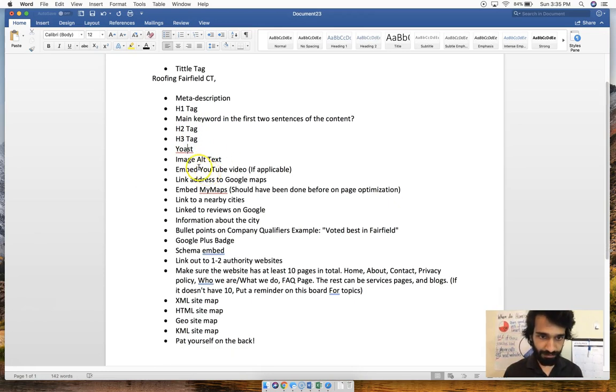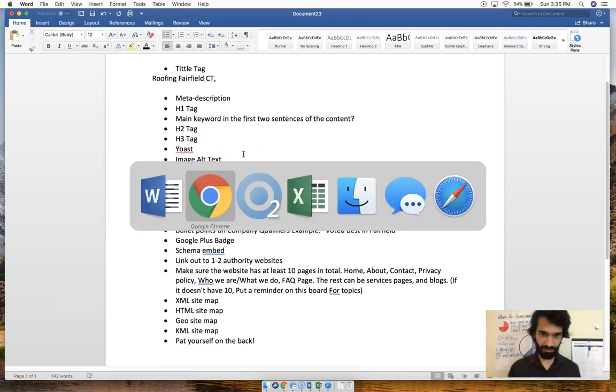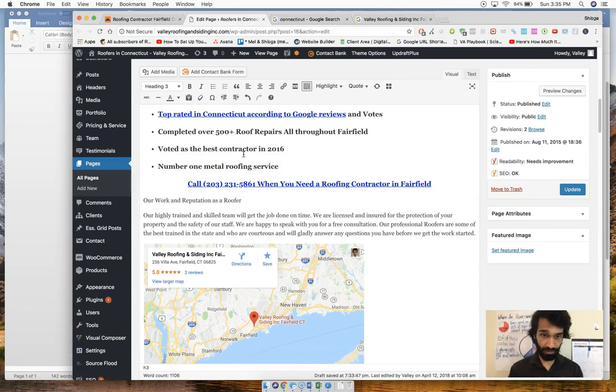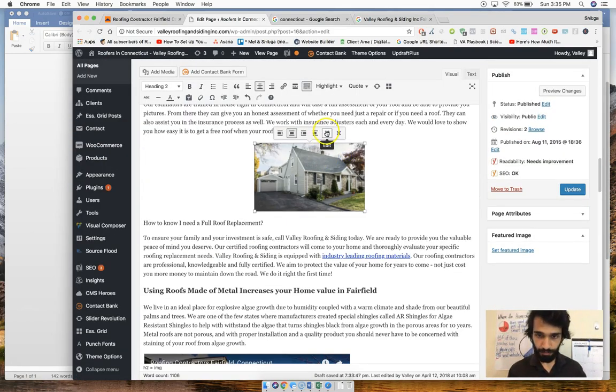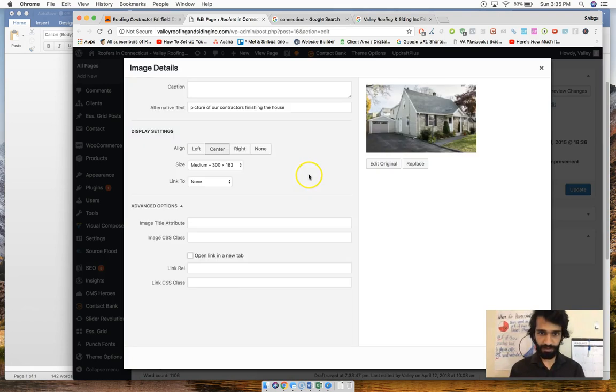Yoast, I already talked about that. Image alt text, okay? This is, again, something that's overlooked a lot of times. We have an image here, and you can see, right here, what people do is they type in roofing contractors, roofers in all the time, they stuff this area, okay? What this was intended to do is for people who are not able to see, and